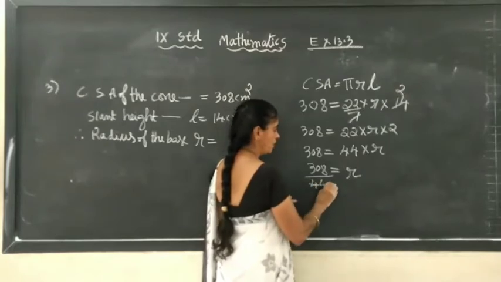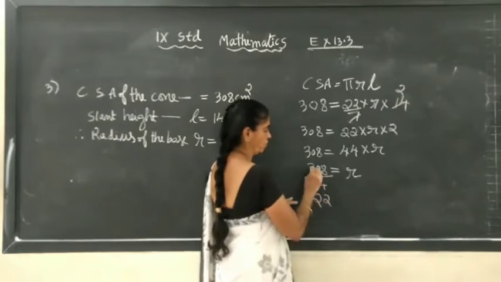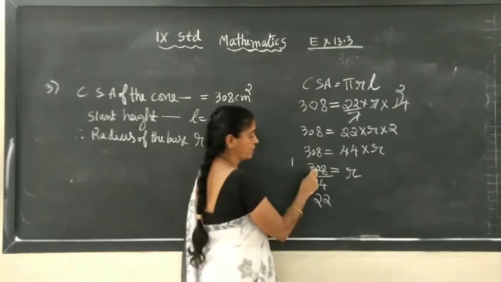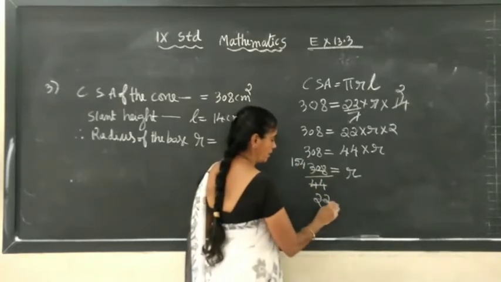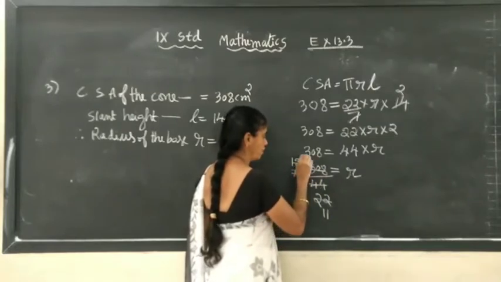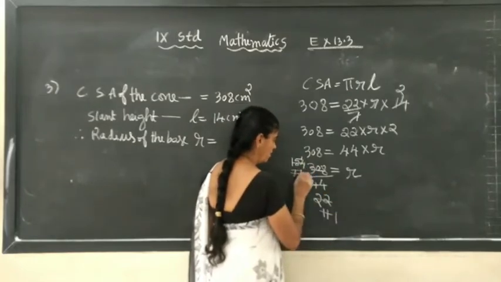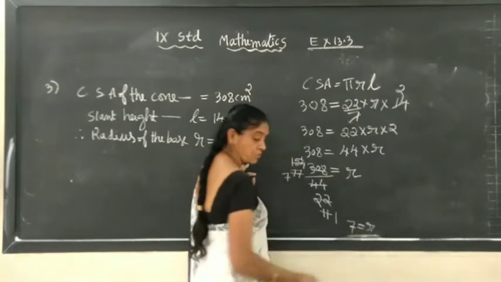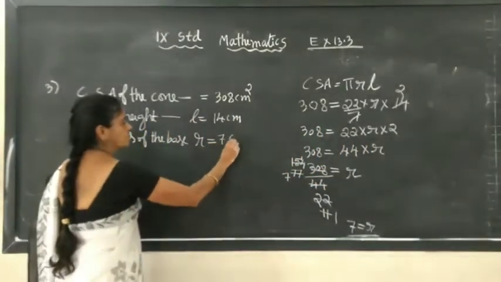Now we will divide by 11 table, 2 table will divide, 2 2s are 4, 2 2s are 4. Now here 2 1s are 2, 1 remaining 10, 2 5s are 10, and here 8 is 4, right? Now again 2 table, 2 1s are 2, 2 1s are 2. Here 2 7s are 14, 1 remaining 14, 2 7s are 14. 11 1s are 11, 7s are 77. So 7 is equal to r. So the radius of the base of the cone is r is equal to 7 centimeter.